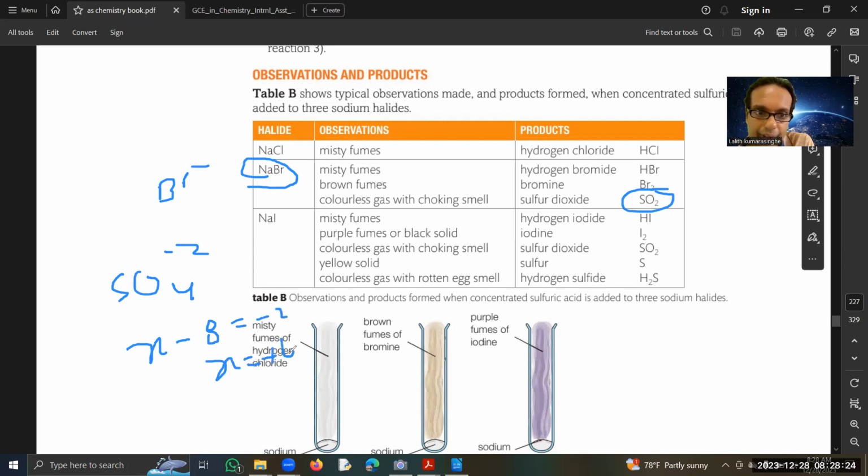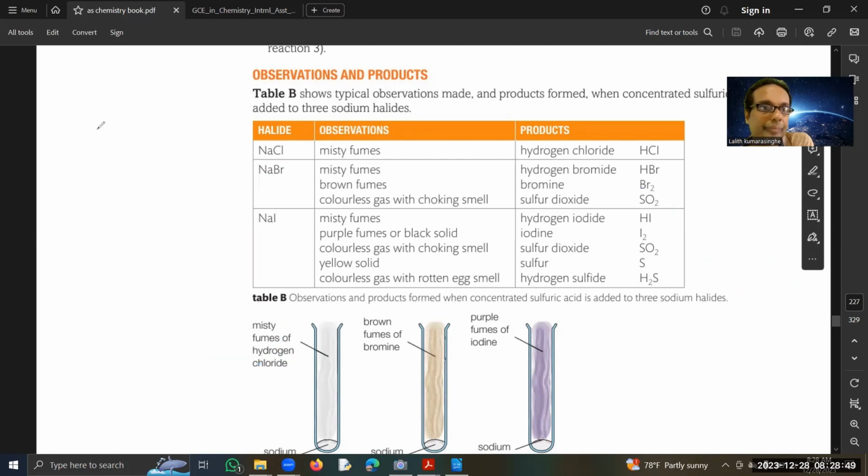It will reduce +6 to sulfur dioxide, where the oxidation state of sulfur is +4. It will reduce to +4. Okay, so if you consider this reaction,